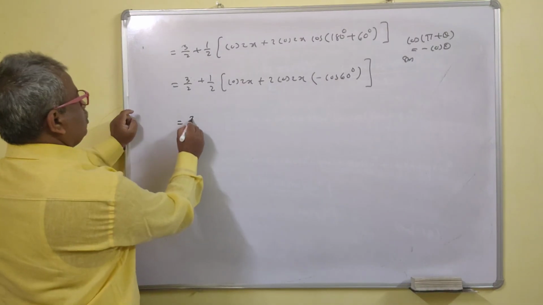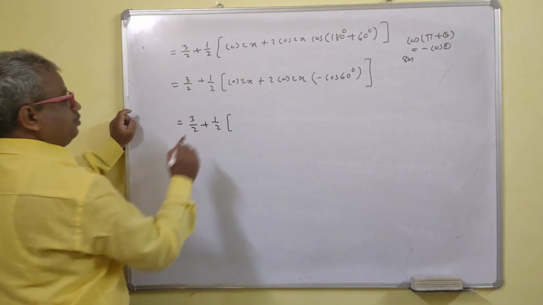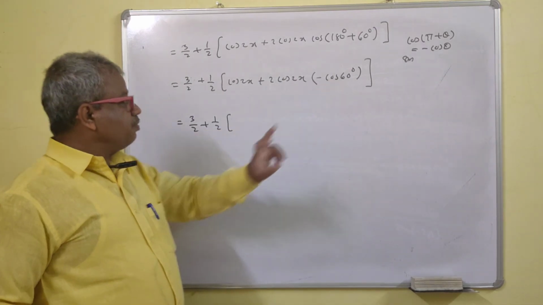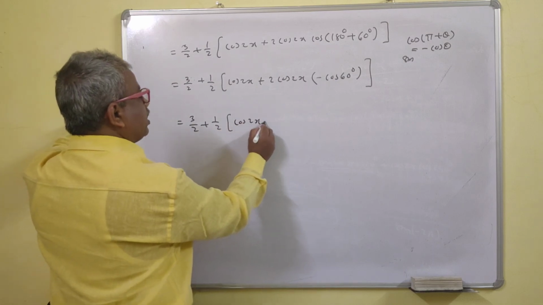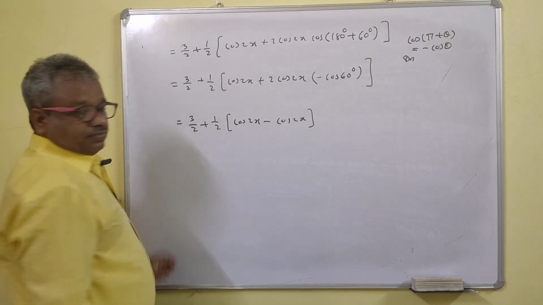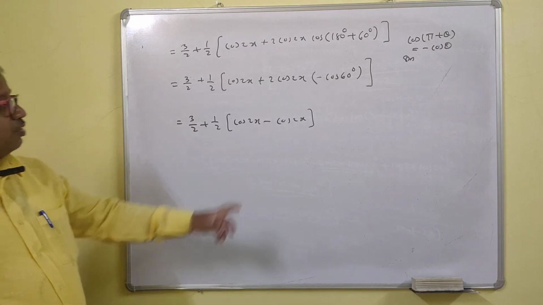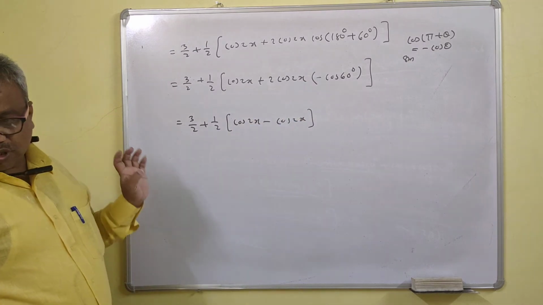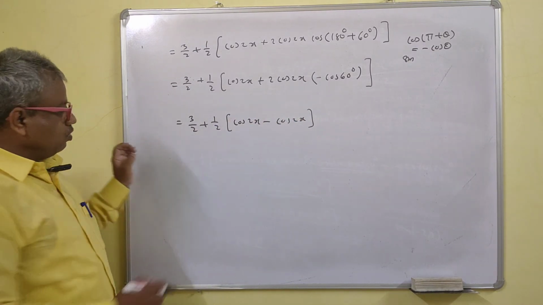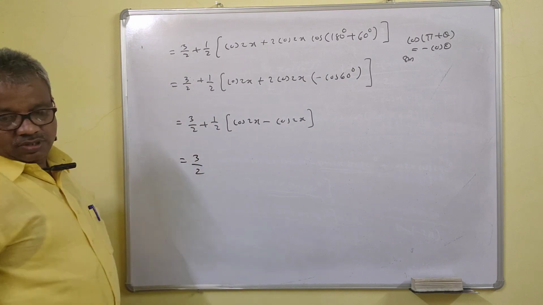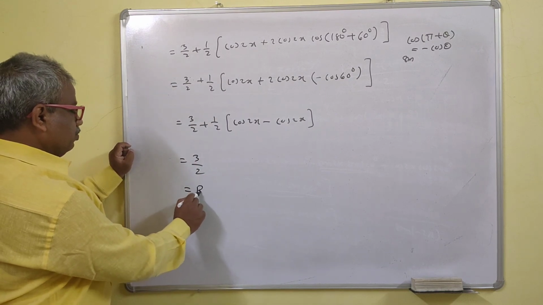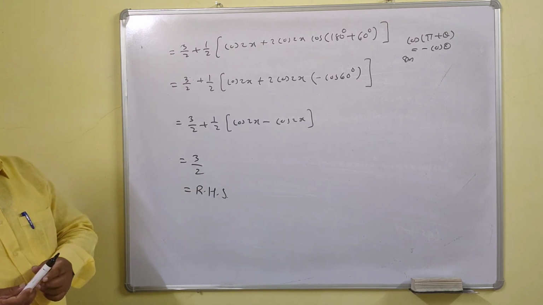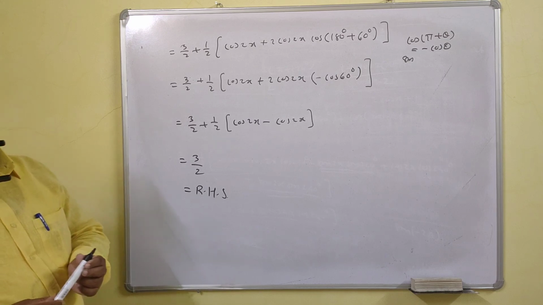Okay. Now this is 3 by 2 plus 1 half cos twice x, and cos 60 degree is half, so this is minus half. So this is cos twice x minus cos twice x. Minus half, your 2 gets cancelled. So this will be cos twice x minus cos twice x; the cos gets cancelled. This is 0. So this is 3 by 2. Right? So we are through now. This is your RHS. Okay, so I hope that you understand all these things. Okay, so now we'll stop here.